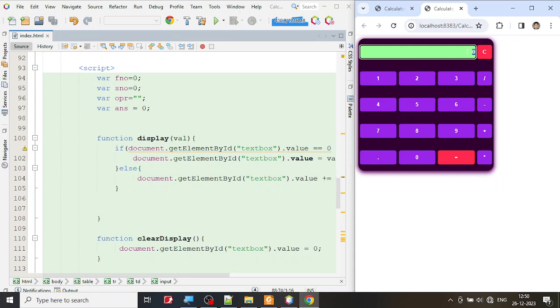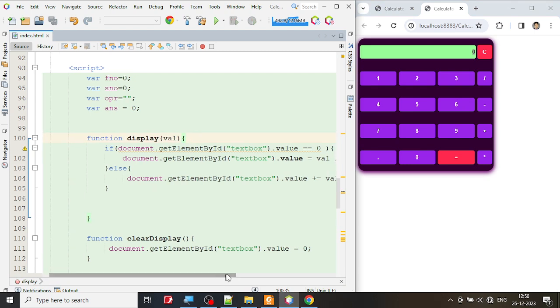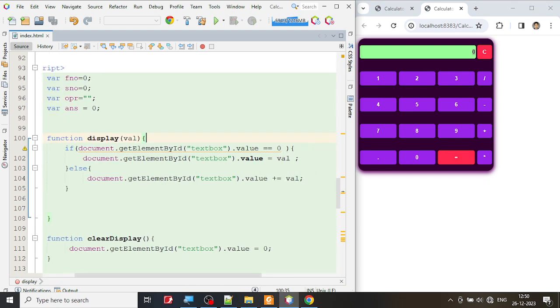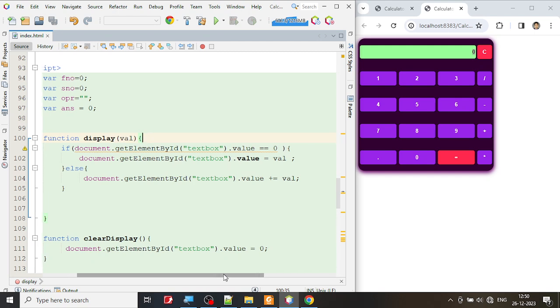Okay, so how do we go about doing this particular thing? You have to check whether this number is 0. If this number is 0, you are putting the value directly. Otherwise, you are putting this part. This part you have done it. But before that, you have to check whether the minus sign has to be shown or not. Here you have to check